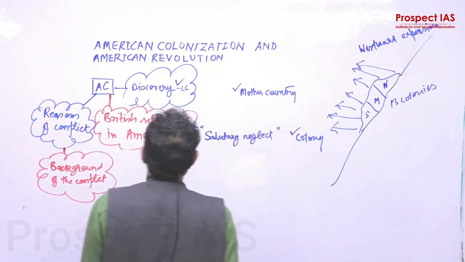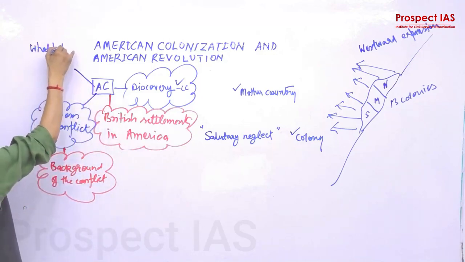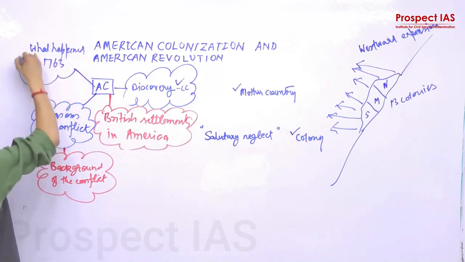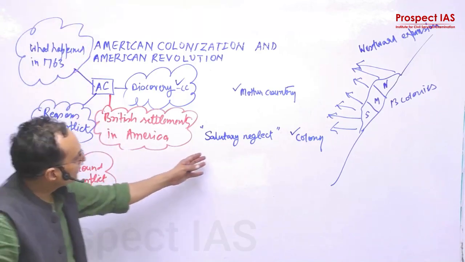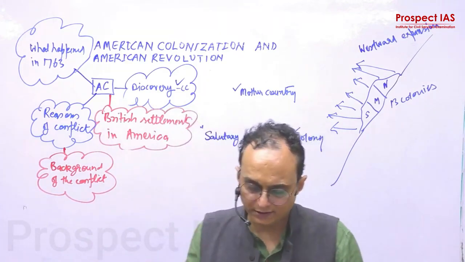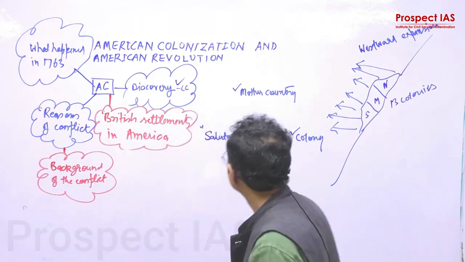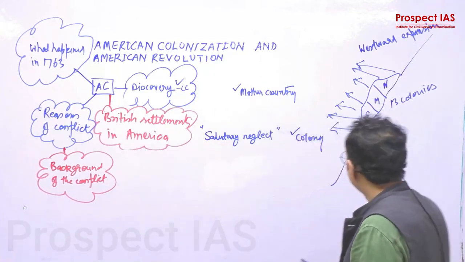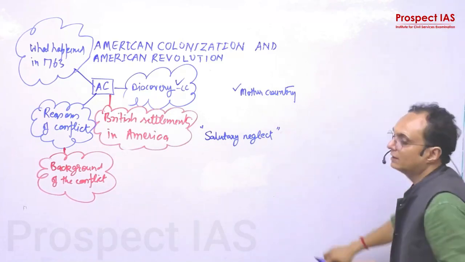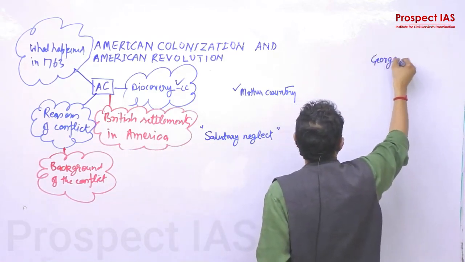Now, next question arises. What happened in 1763? When there was a policy of salutary neglect, what was the crisis in 1763 which suddenly arose? Actually, George III was the king who actually initiated the industrial development of England. ना? George III, कल लिखा था George III